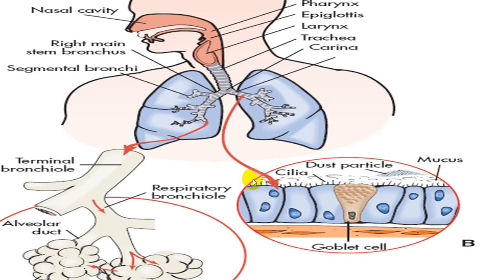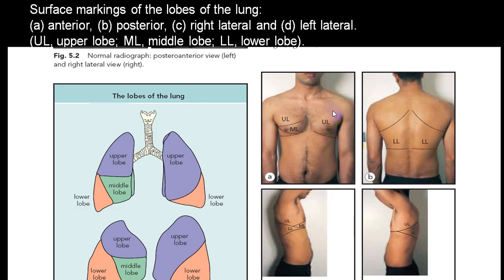We know very well the respiratory system consists of two portions. The upper respiratory tract is the nasal cavity, nasopharynx and larynx. The lower respiratory tract includes, below the larynx, the trachea, bronchi, lung parenchyma and entire lung. Now first we should know certain landmarks, and that will help you to divide the different lobes.